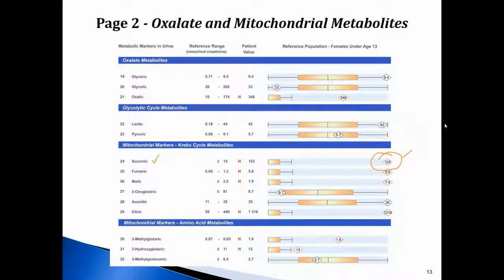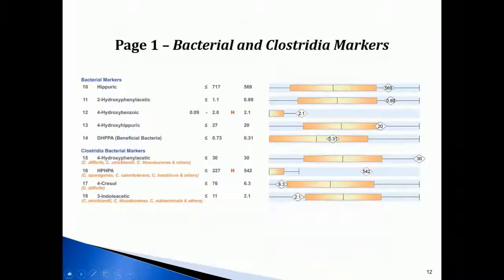But one of the things that's important when you see these mitochondrial markers high, particularly the succinic marker, it's strongly recommended to do the GPL-TOX screen as well as the glyphosate test as well. I'll say just one thing about glyphosate. Let me just go back real quickly. I don't want to get too much off into a lot of other testing, but